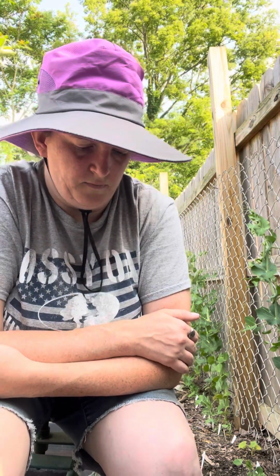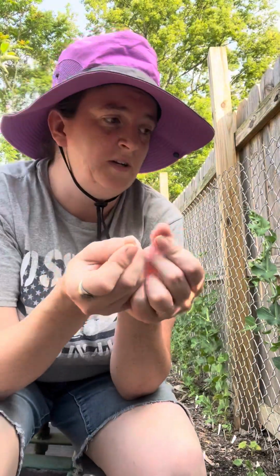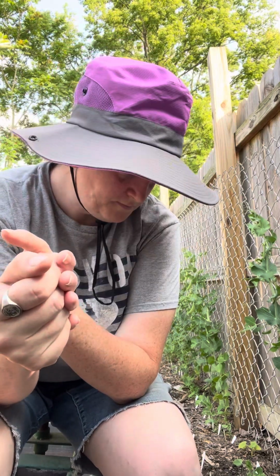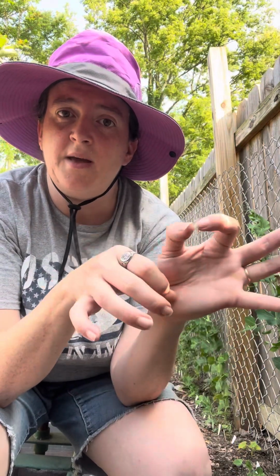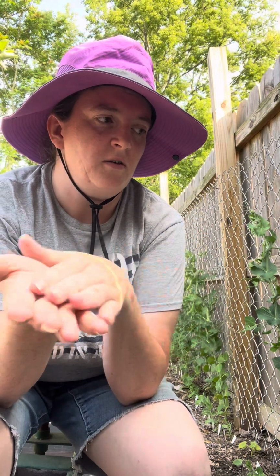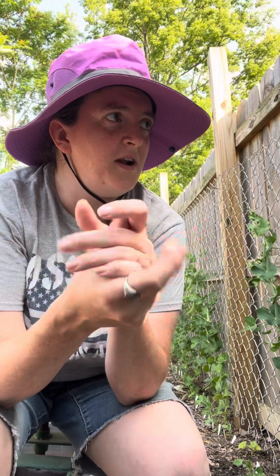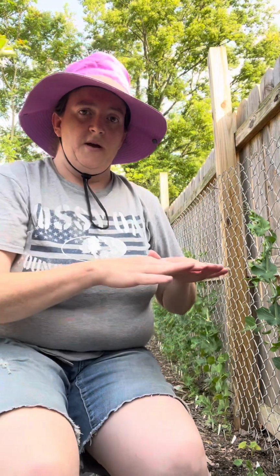And I noticed with the pea pods, the inside of the shell is really thick, and as time progresses, I'll have to show you a shell that's really thin and how big the pea is, which is really neat, and how thick the shell is and how tiny the seed is. So you've got to try to find the happy medium, or in my case, I'm just going to probably wait for them to get kind of fat and then pick them,